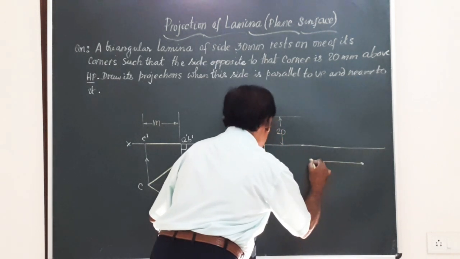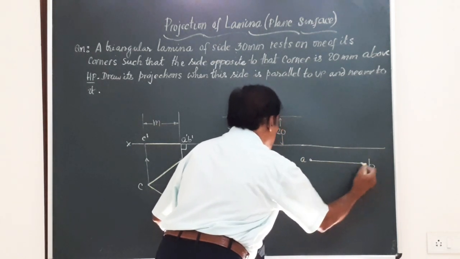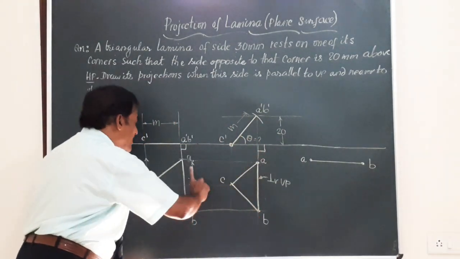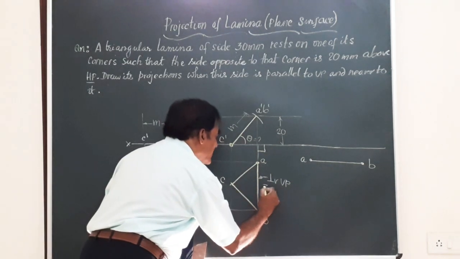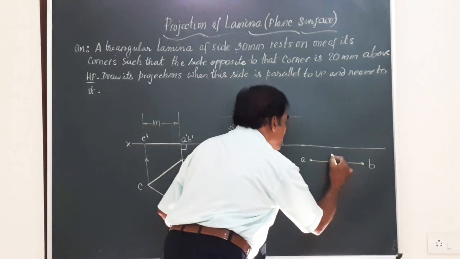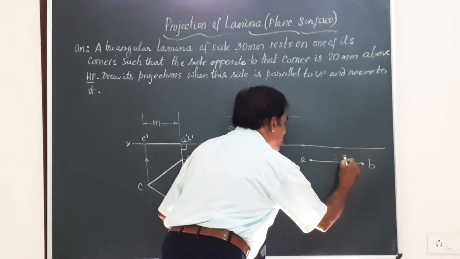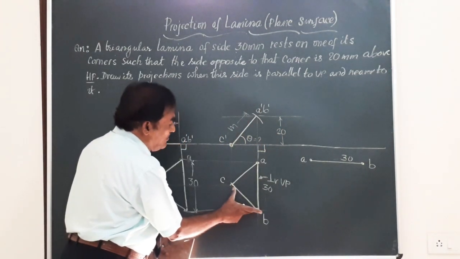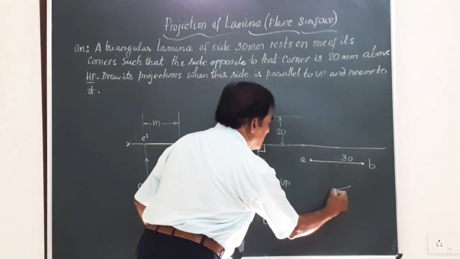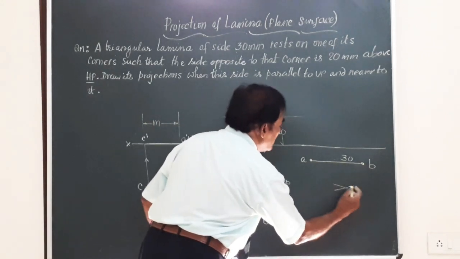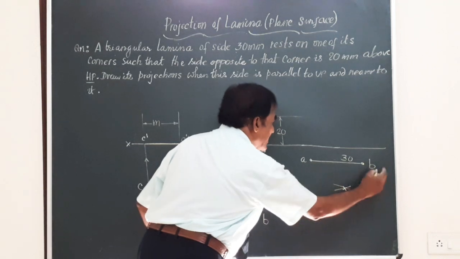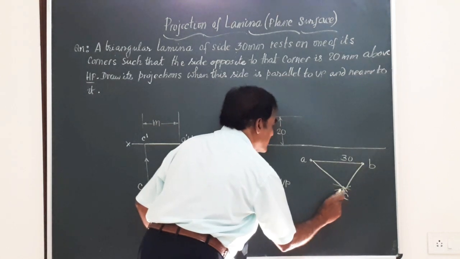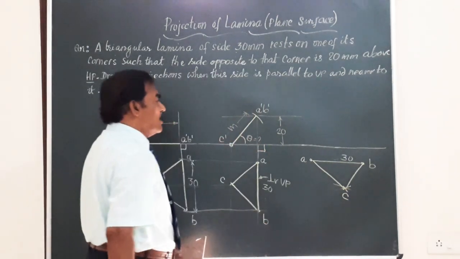The triangle is ABC, and you know how to construct this. We have AB. Obviously, since that AB is parallel, this is 30, this is also going to be 30 mm, and even this is going to be 30. I'll just mark here, this length is 30. And how to get that point C? I know BC. With B as center and BC radius, draw an arc. With A as center and AC radius, draw another arc. These two will meet somewhere here, exactly in the center of this. Join them. This will give you the point C, the third corner of the triangle.